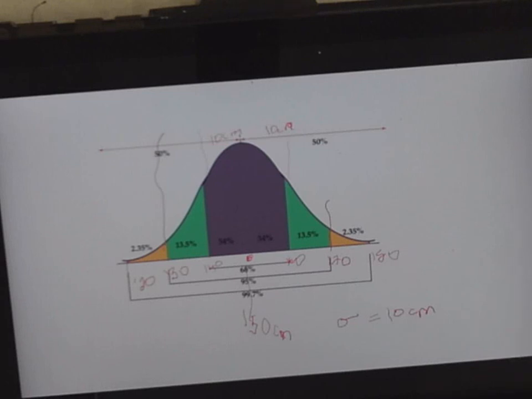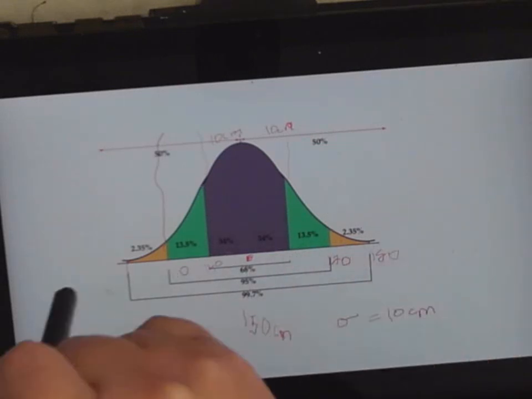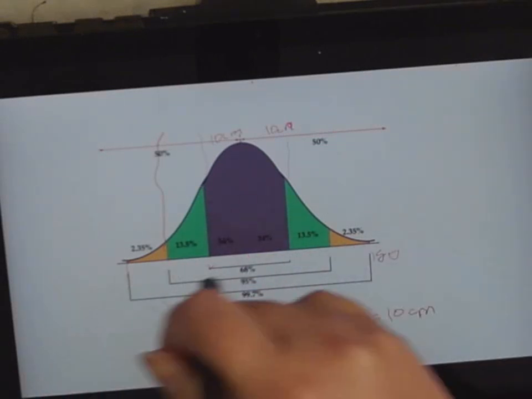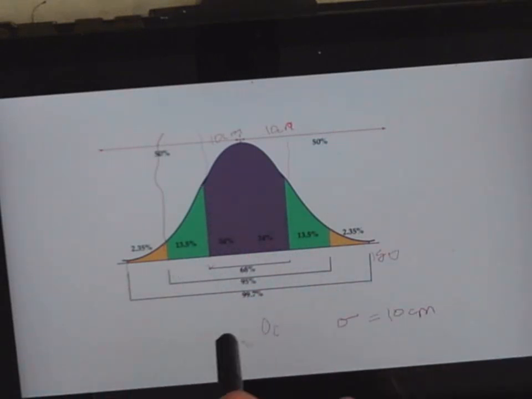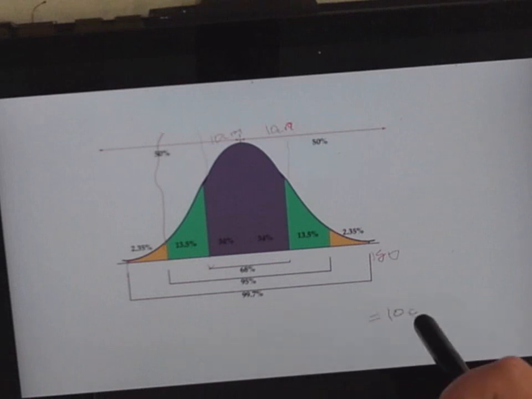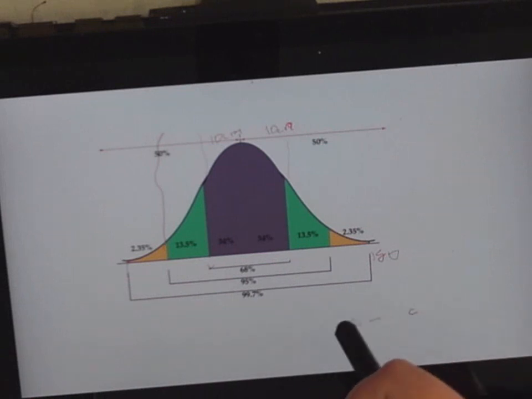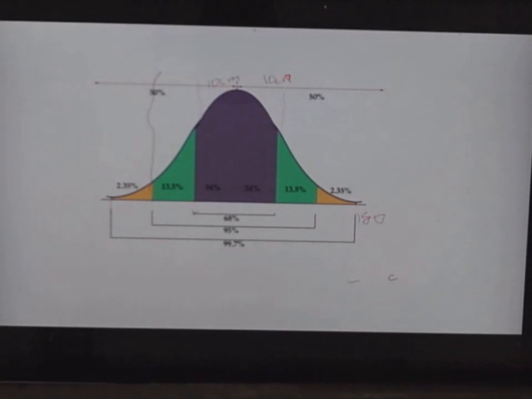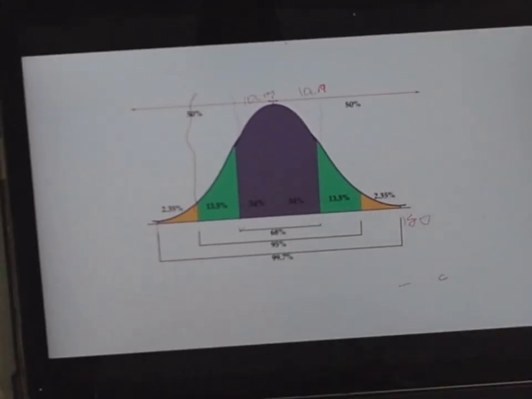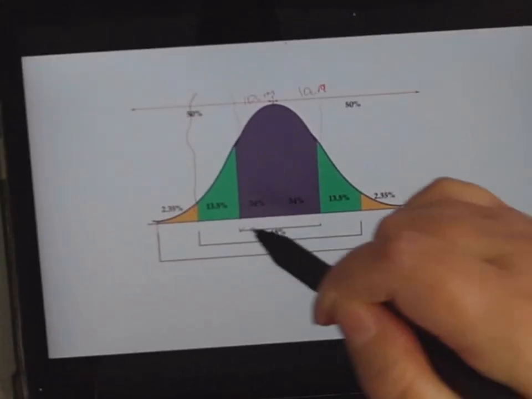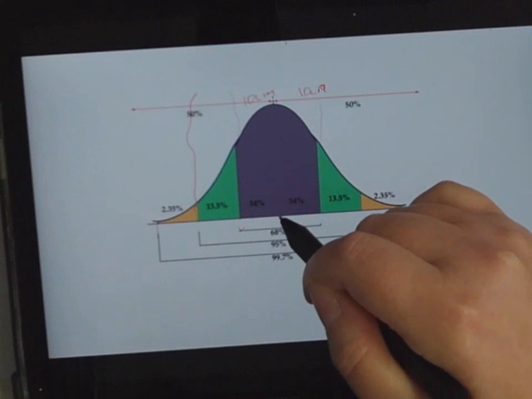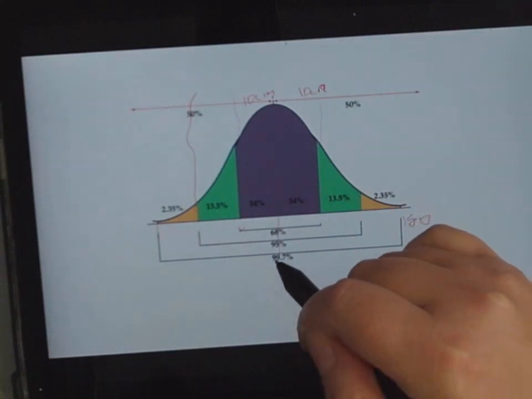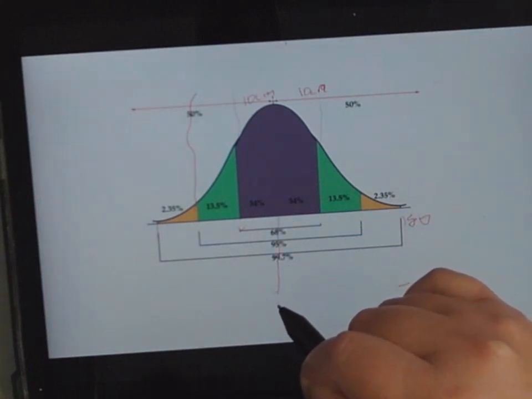Okay, different survey, exact same graph. This time I'm going to survey, let's see what I survey. Give me something to survey. Maths test. Results in a maths test. So I surveyed everyone's maths test, and the